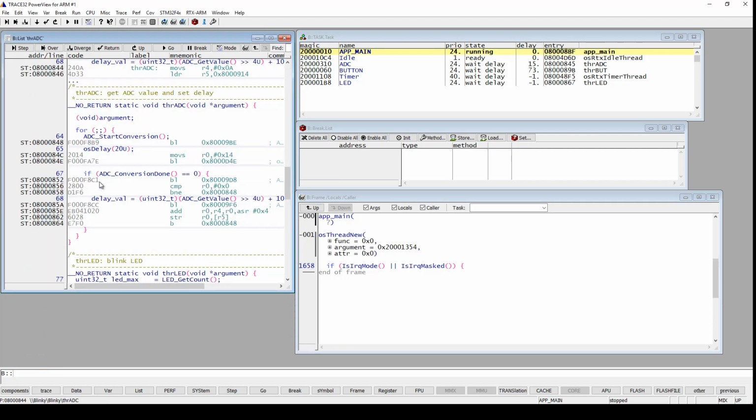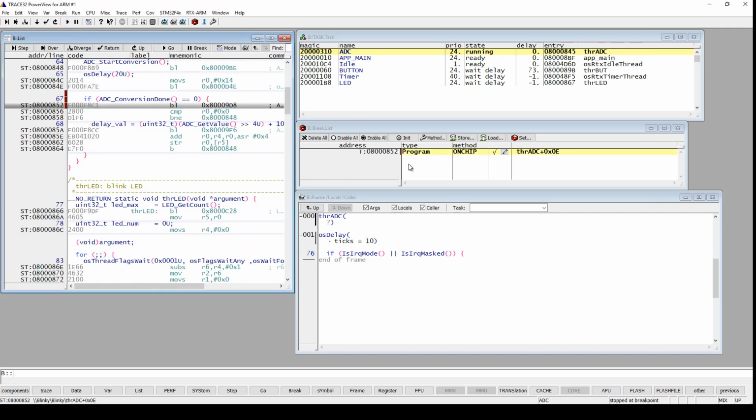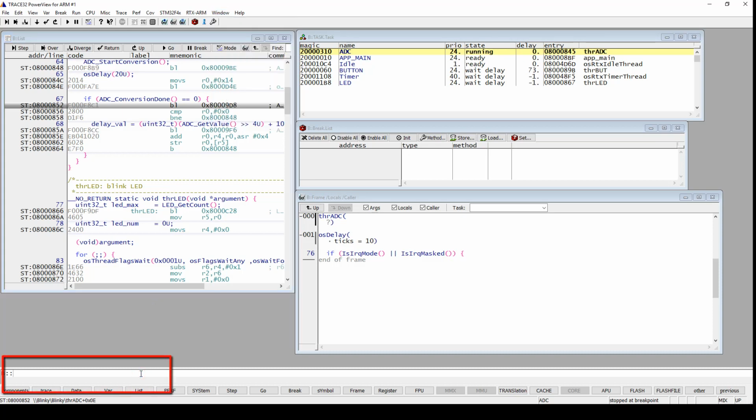So this might be the setup that you would like to have, and for example you can set a breakpoint in some code. Let's set the breakpoint here, for example, and you can try it out. And it's working, and we are in the ADC task when we hit this breakpoint, and you can see the task stack, and we can see the breakpoints that we have in our system. So if this is the default windows setup that you would like to have, you can use the window button and use store windows to store it in the script, or you can use the command line, the command store